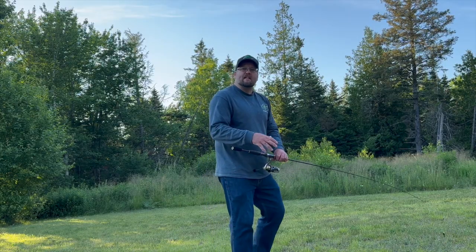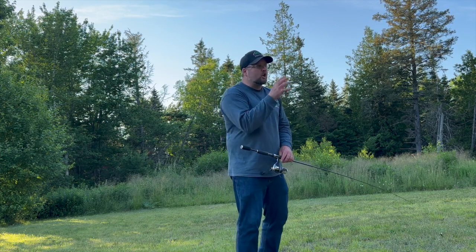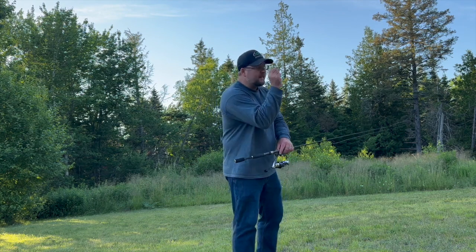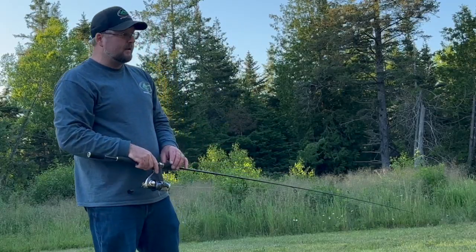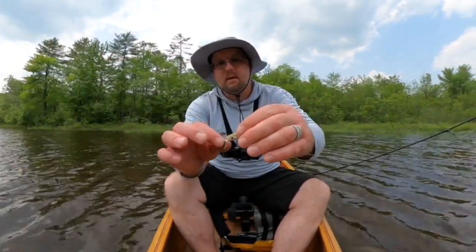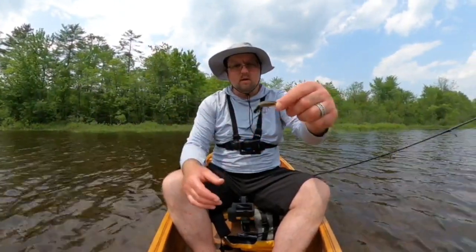It's making that minnow in the water appear to be injured and dead, and it looks like an easy target for a fish, a hungry, feisty fish. And that will trigger a response, trigger a bite. Little Rapala, the Rebel split-bodied treble hook, 2 treble hooks. Floating, little floating